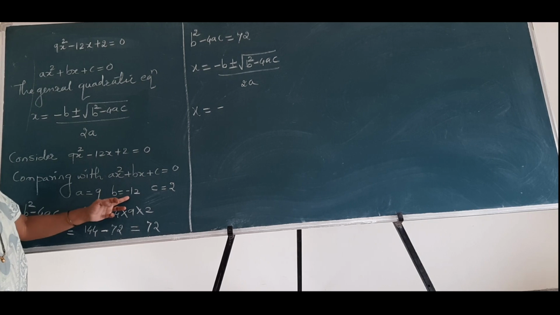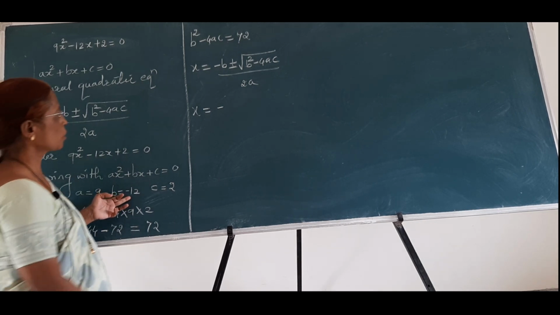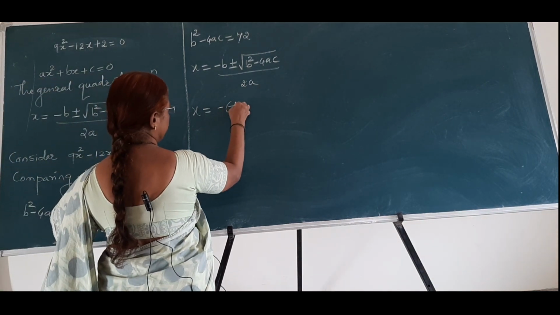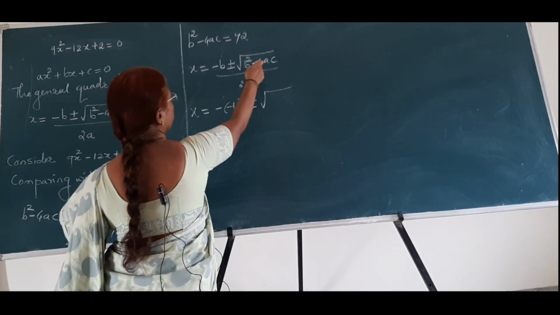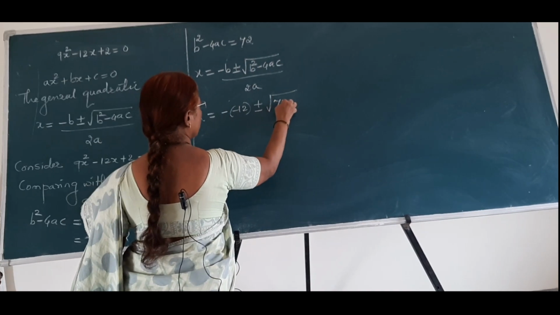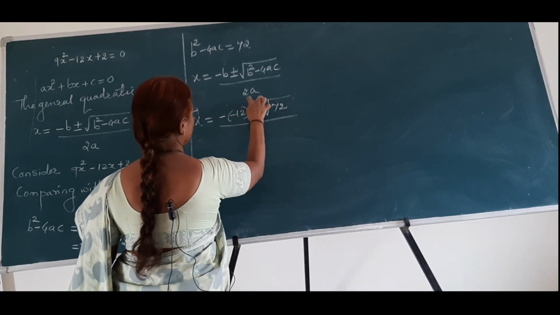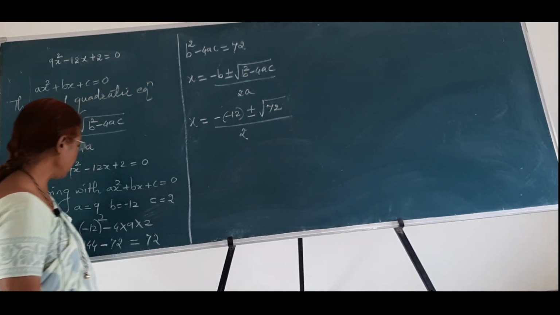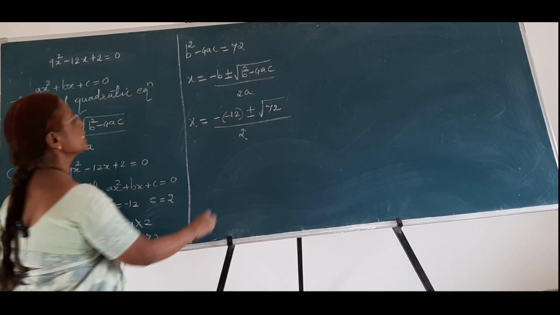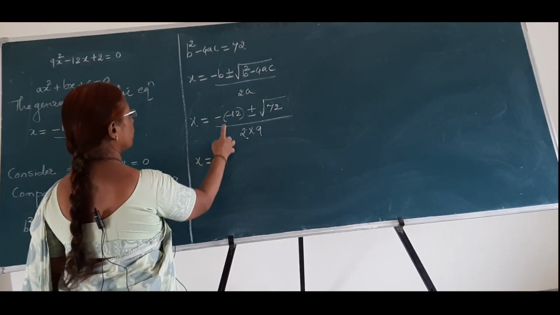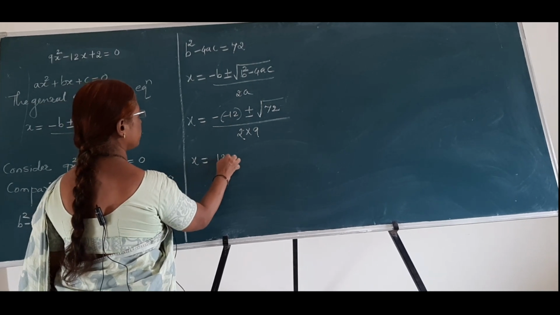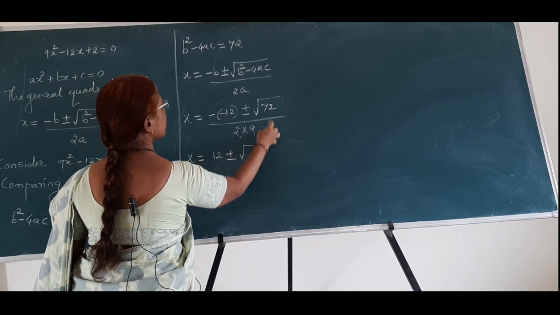What is our value of b? b is minus 12. So it is minus of minus 12 plus or minus square root of 72, divided by twice of a. What is our value of a? a is 9. So here is 9, means x is equal to minus of minus becomes plus,